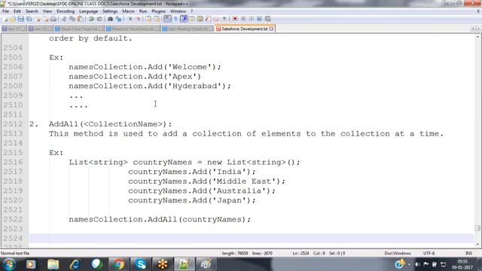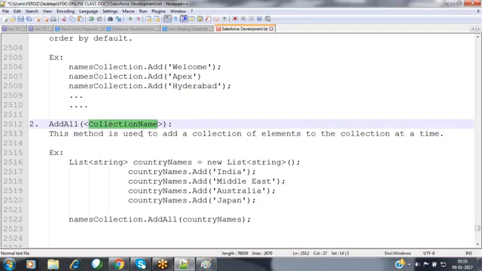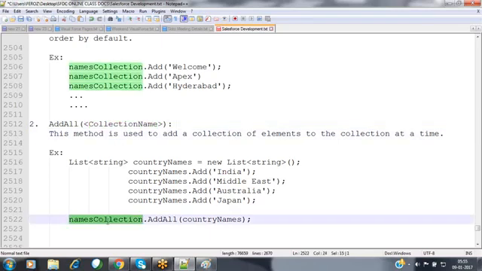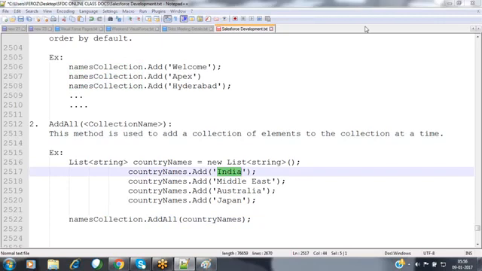At that time, we have to specify this collection name inside this addAll method, so that whatever elements are available in this collection, each and every element will get dumped into your set collection here. But whenever it is adding an element into the set collection, if the element is already there, it will simply ignore adding it again, because elements maintain uniqueness. We cannot hold two elements with the same name.